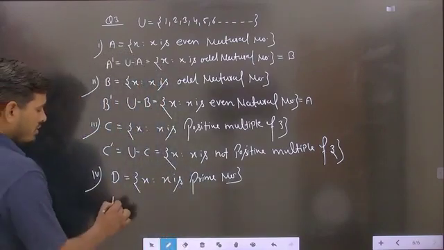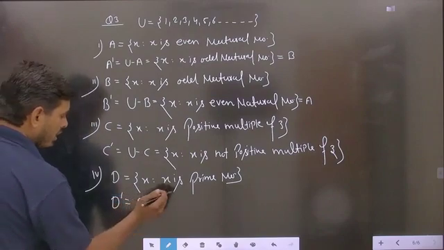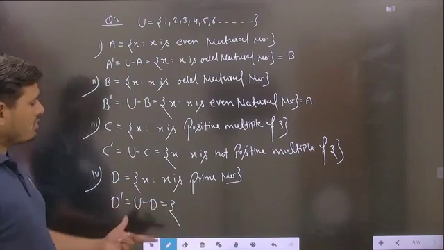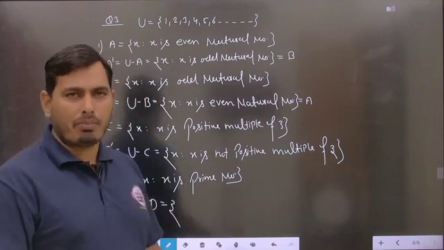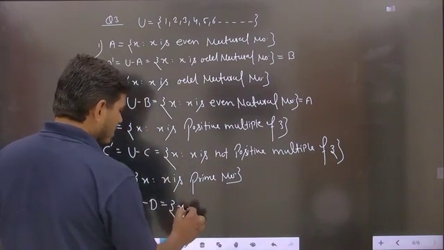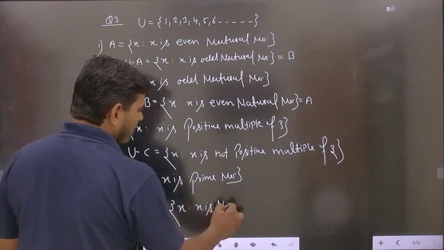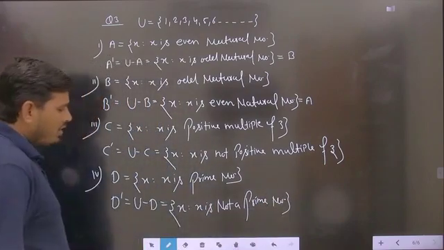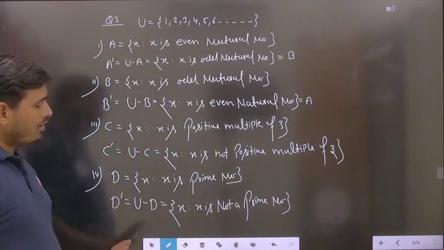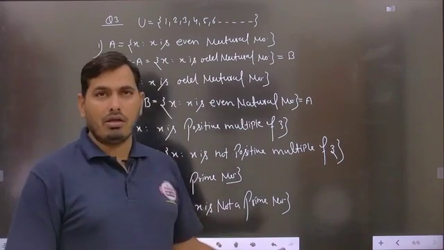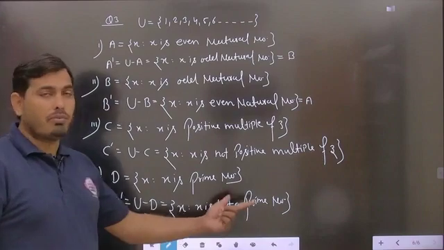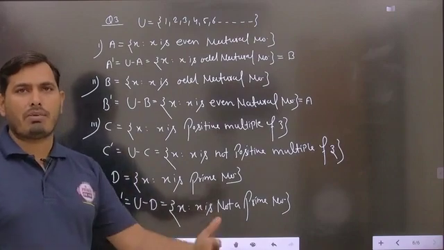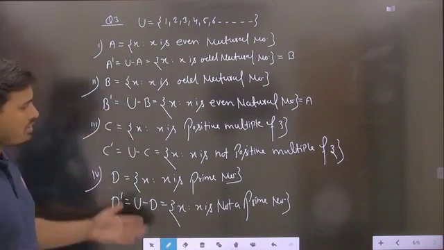Now we have to just find the D complement, then it can be represented as U minus D, and U minus D means this is not a prime number, so you can say that x is not a prime number. So basically here x such that x is not a prime number. In some cases we have to make the negative statement, then definitely you will write down the set builder form, because here all the prime numbers cannot be written. That's why we are just writing the set builder form of this part, where we make the negative statement of this part, means we subtract that part from the universal set. So in this way you can provide the answers here.